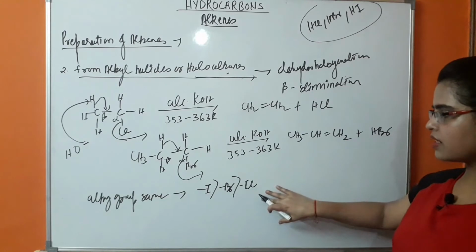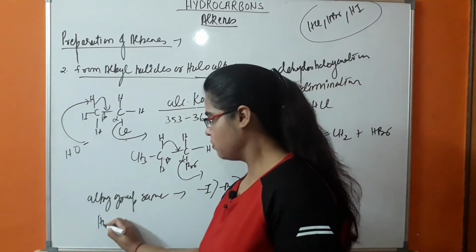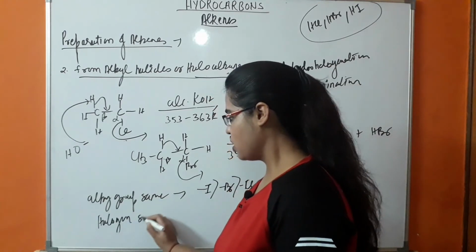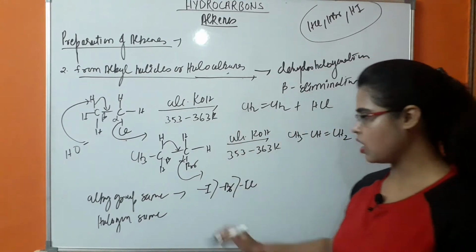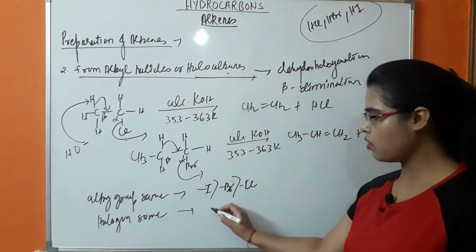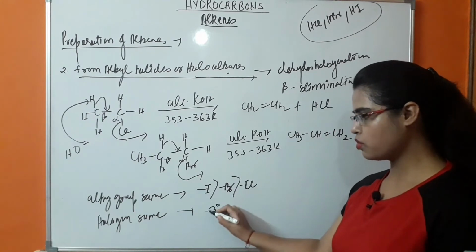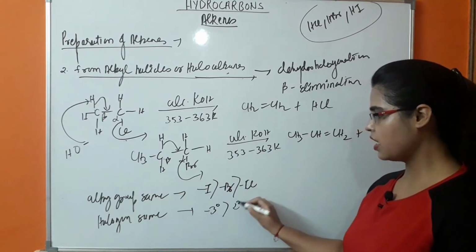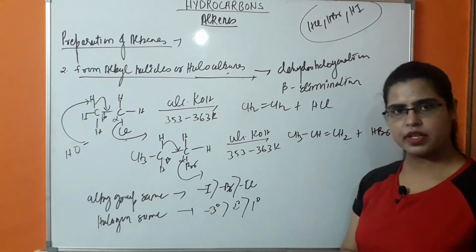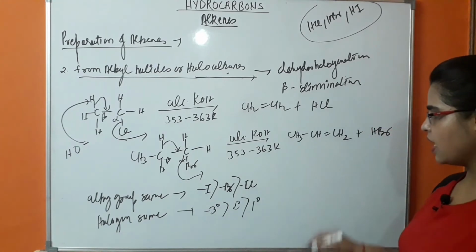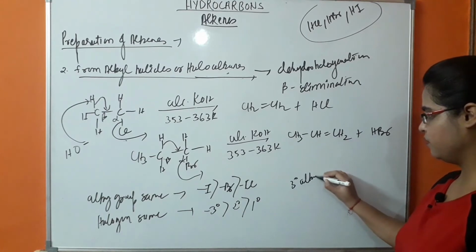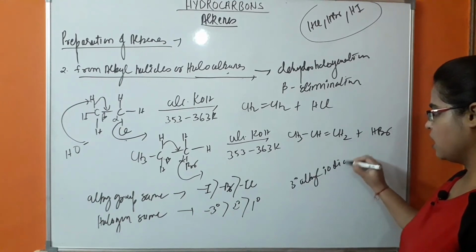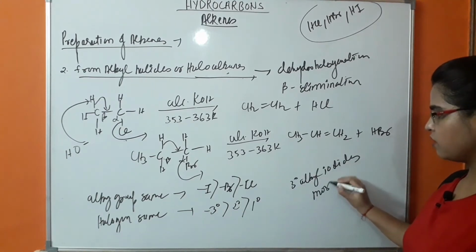If the halogen atom is the same and the alkyl groups are changing, then the reactivity order will be 3 degree most reactive, then 2 degree, and then 1 degree. Because of that, 3 degree alkyl iodides are most reactive towards